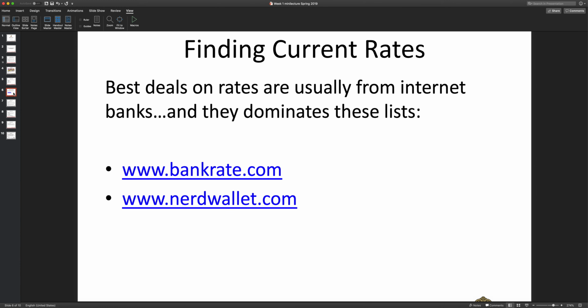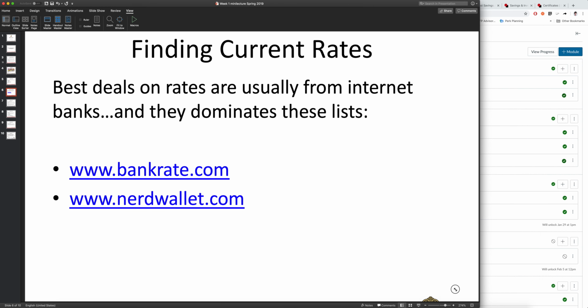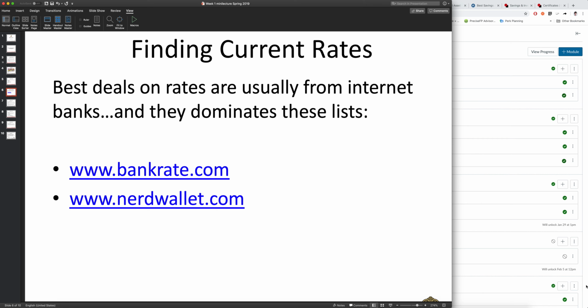So finding current rates on those various bank products, it's interesting because they can be very difficult to find and compare on a local basis. So if you want to look at your local banks all in one sort of tool, it's very hard to get at that information. And I have my own theories on why they make it so difficult. And it's really because your local banks know they can't compete with internet banks, because local banks are so appealing to most people. They really like the ability to go in and deal with a human being